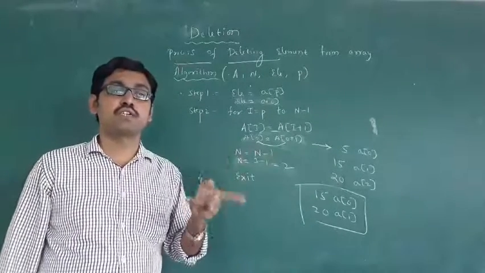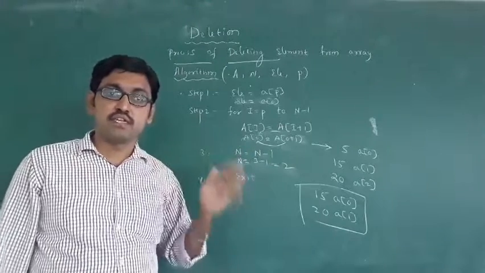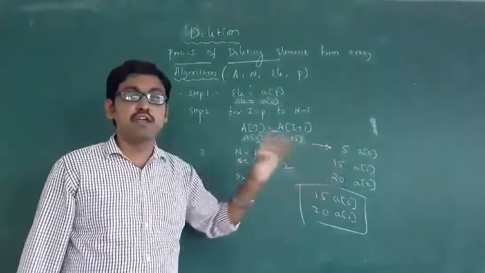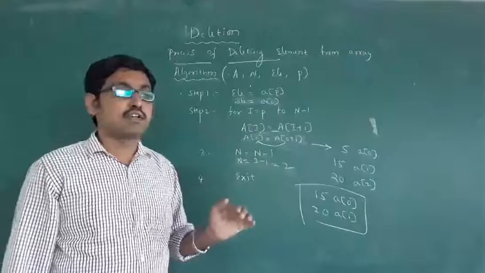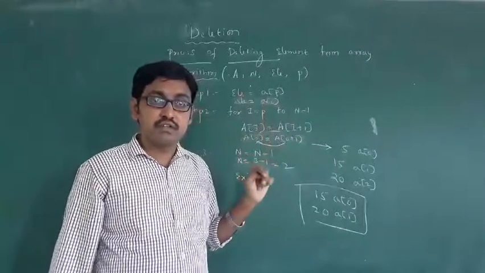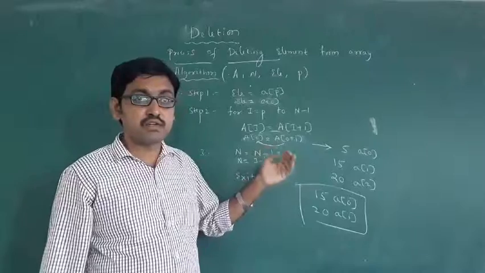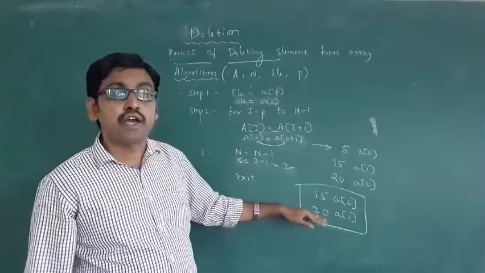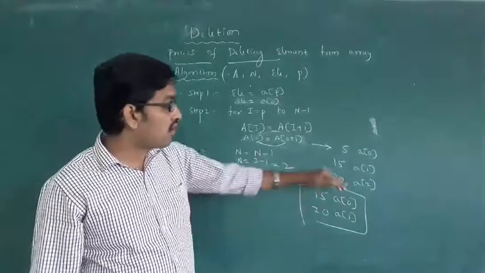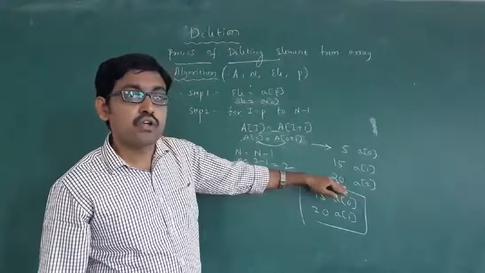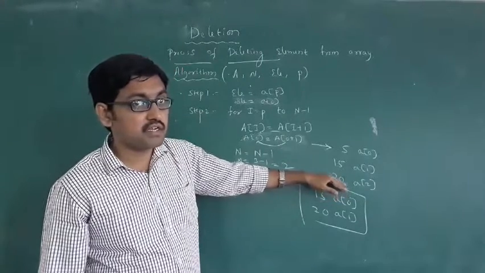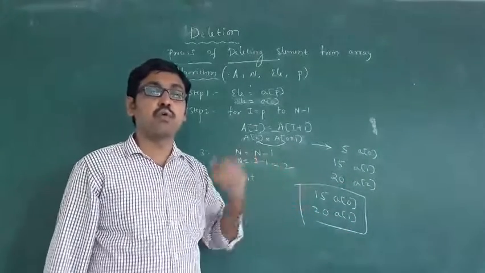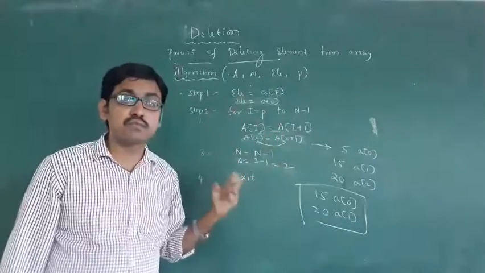What is the difference between insertion and deletion? In the insertion process you insert an element into the array. In the deletion process you delete an element from the array. Okay, in insertion, when you insert the element, the elements move from lower order to higher order, but in deletion it is from higher order to lower order. The 20 was in A of 2. As soon as 20 is shifted, where does it go? It goes to A of 1. It jumps from higher order to lower order. Okay, this is the concept you have to remember.